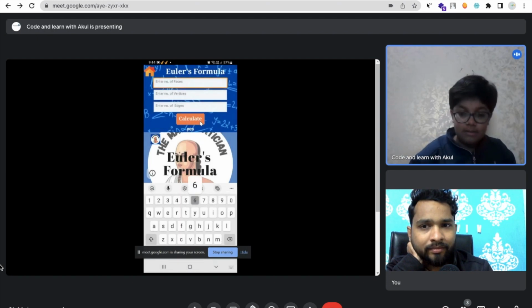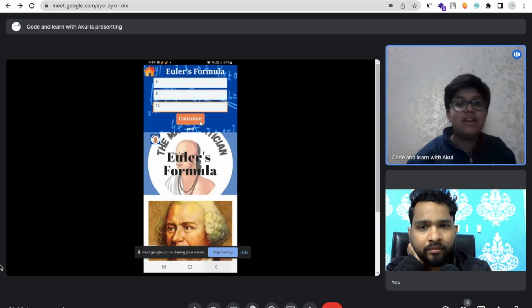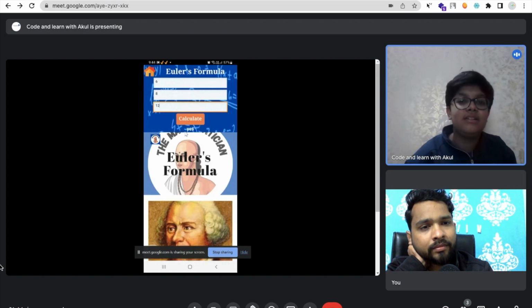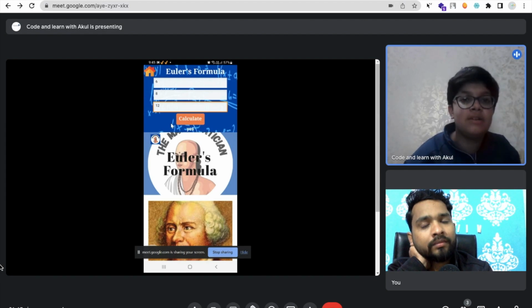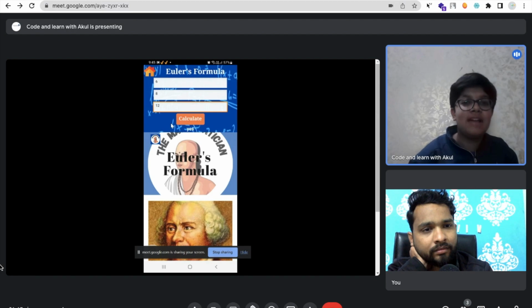A dice has six faces, as you see: one, two, three, four, five, six. Then we count the vertices. There are eight vertices and 12 edges. When we calculate, it says yes. So it is a 3D shape, and Euler's formula suggests that if my calculator says yes, it can be a 3D shape. It's not valid for curved shapes like a cylinder, but it's valid for shapes which are made from flat segments.